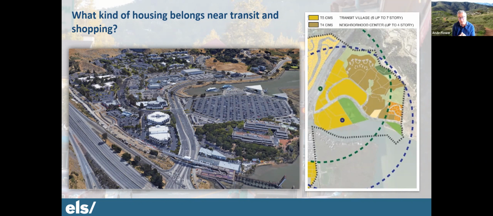But there are state laws now that allow, particularly within transit areas, that you can go 3 stories above what the underlying zoning allows, with only objective development standards in place. And that's with certain criteria, and we can bring the specifics for that law to our next meeting if you'd like.